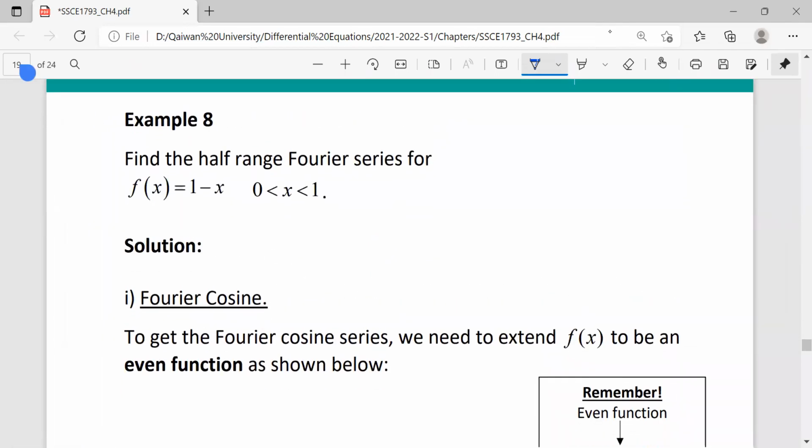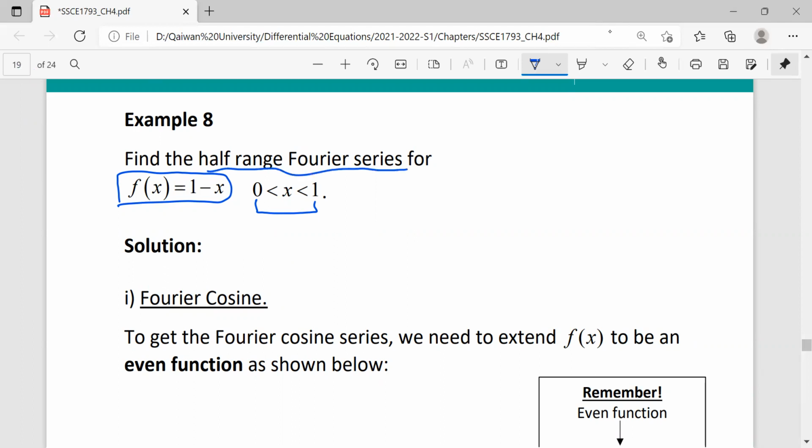It says find the half range Fourier series for this function. The function is 1 minus x, where x is from 0 to 1. As you see, it's given from 0 to 1, so it's half range. So here, as we are asked to find